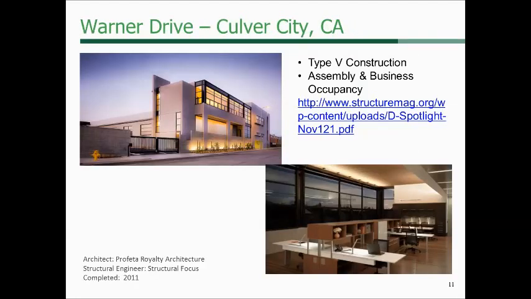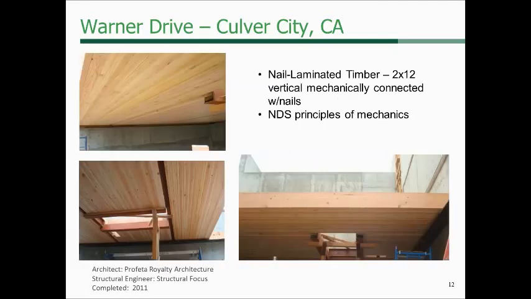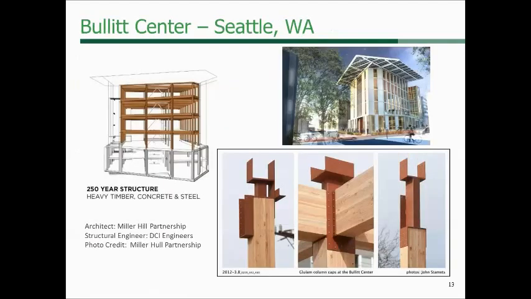Another example other than heavy timber construction with using glue-laminated timber is nail-laminated timber. As I mentioned previously, this has been in the code for quite some time and becoming more and more popular. This is a project in Culver City, California, high seismic zone, that utilized it under Type 5 construction. And as you can see, it's laminated 2x members that are connected together and designed per principles of mechanics, and we'll get more into this later. But they were able to have this all exposed so that the occupants can view it and get that effect